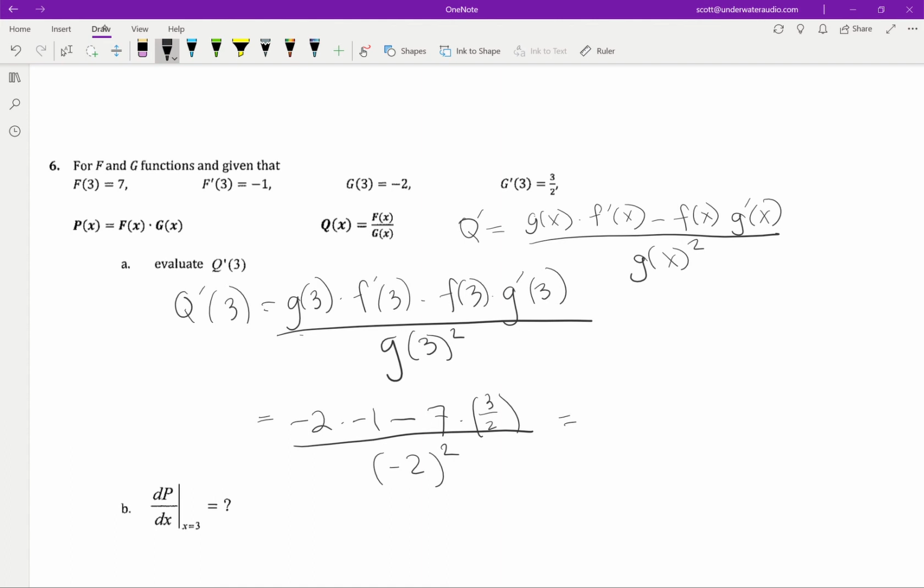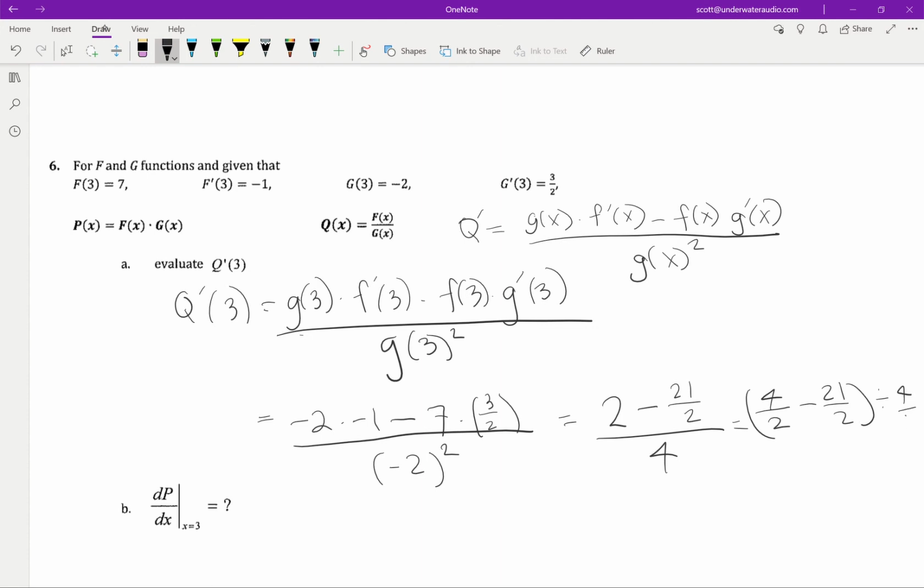Okay, so that's going to be 2, and then minus 21 over 2 divided by negative 2 squared is 4. And to be honest, I don't really care if you put this in a calculator or do it in your head, but well, actually, let's do it all the way. So to do fractions, I do 4 over 2 minus 21 over 2, and then I'm going to divide that by 4